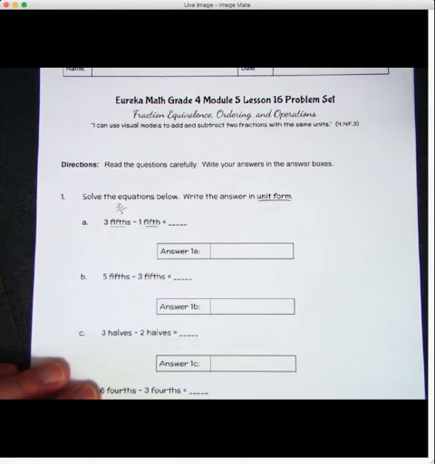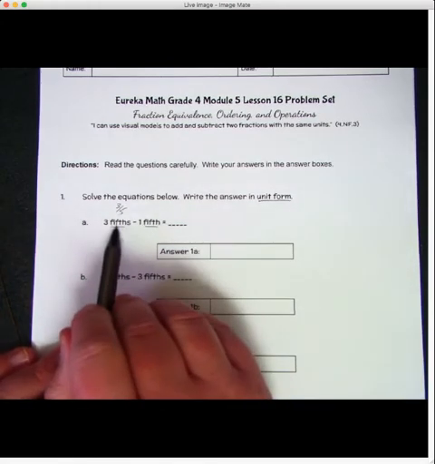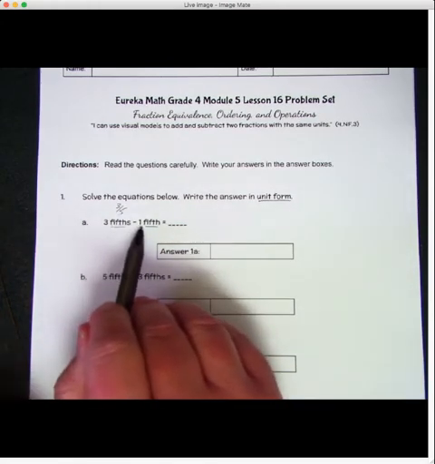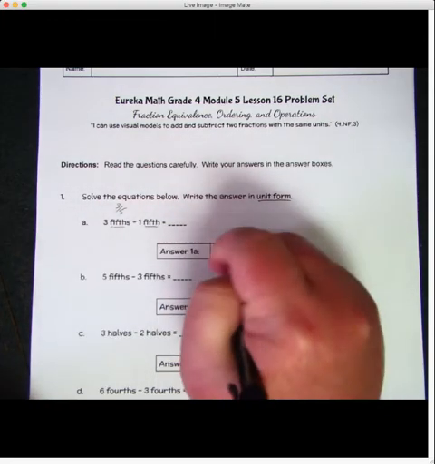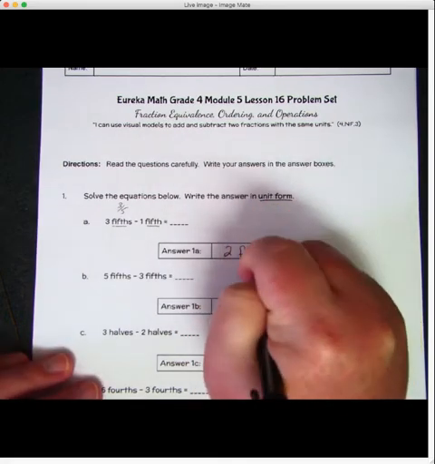So let's do this. And it's very simple. It's simple subtraction. It's like kindergarten subtraction. We just got to remember to write it in unit form. So if I have 3/5 and I take away 1/5, how many fifths are left? Well, the answer, 3 minus 1, is obviously 2. Don't write it as a fraction on this first part. It says write it in unit form. So we have to write